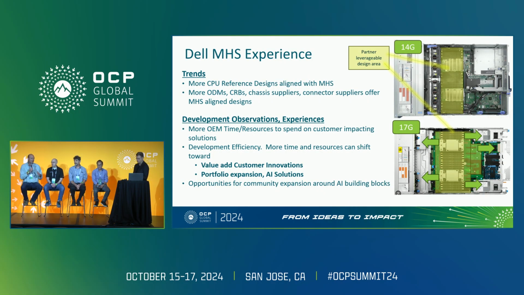So now the things that we had to negotiate, like, hey, how is this CPU footprint or this memory footprint or these VR choices going to fit in my chassis? And the CPU provider has to think about other system producers. We don't have to worry about that anymore, right? We're now moving on to, hey, how can I add additional silicon variants and serve new markets? That's where we saw we weren't going to be able to scale without something like MHS, right? So now we can go scale and offer more products, expand our portfolio.